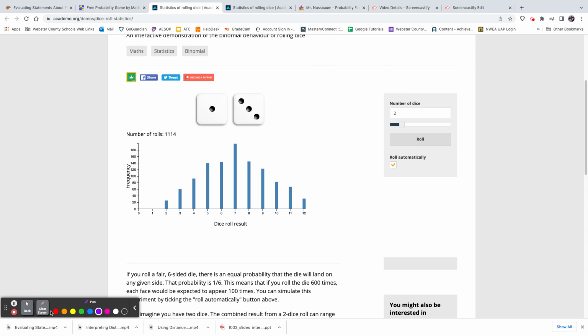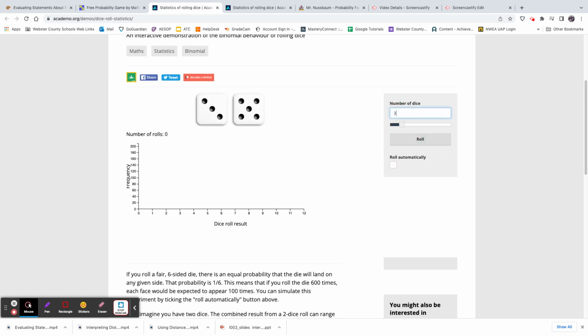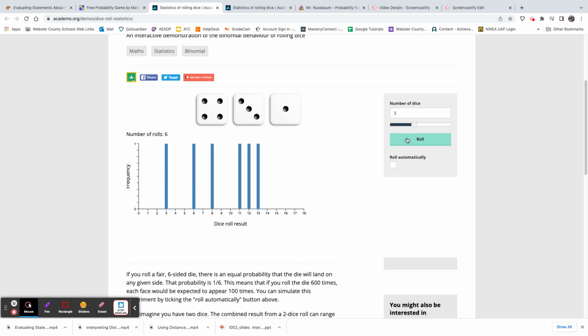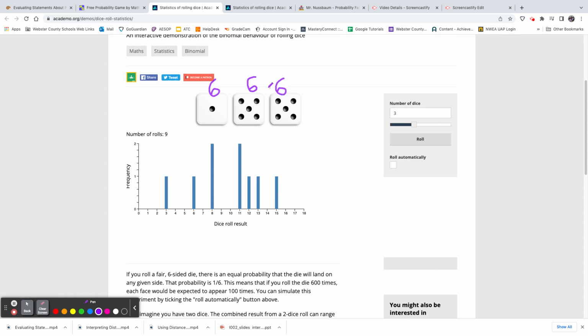So something you could have also done, I can go back, I can do 3 dice. Now if I got 3 dice going on, you got to think about what that would mean. You're rolling 3 at a time and then adding the sums up. That sample space would take you a while to write out because there are 6 faces on this dice, 6 faces on this dice, 6 faces on this dice. So if you roll all of those, you would have 216 different options.